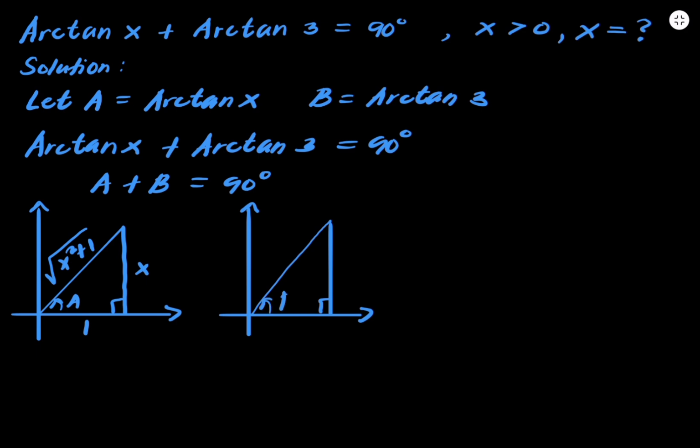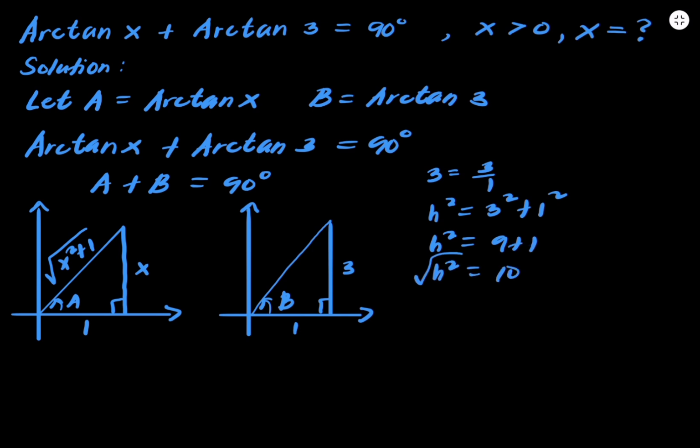So suppose this is angle B. So we have 3. So 3 can be expressed as 3 over 1. So that 3 is the opposite and 1 is the adjacent. So this is the opposite side and this is the adjacent side. So to solve for the hypotenuse, h squared equals 3 squared plus 1 squared. And we have h squared equals 9 plus 1. So h squared equals 10. So extracting the roots, h is equal to the root of 10. So we have the root of 10 here as the hypotenuse. Now,